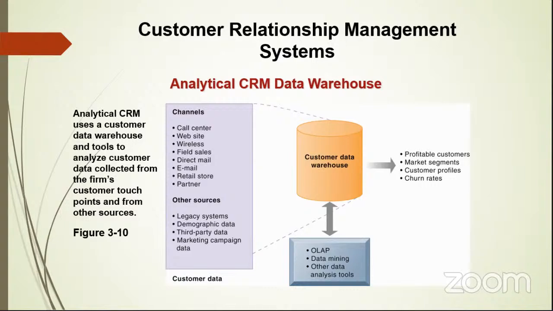So you can figure out who the most profitable customers are, which market segments you actually have based on your real-life data, and what the profile of the typical customers is. Are there three types? Is there an elderly male, a young female, maybe a mid-20s female, whatever the actual customer profiles are, and then the churn rates for each of those groups, which ones tend to disappear. So you can even have customer profiles to figure out which customers are most likely